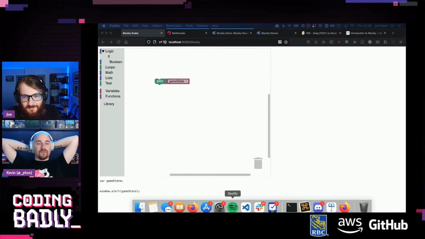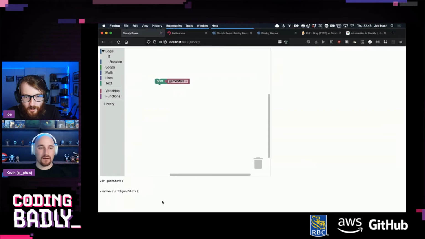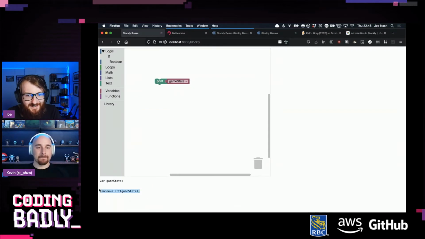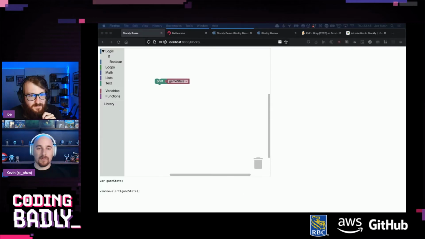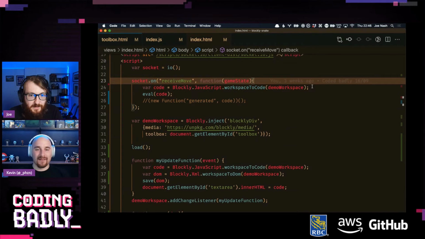JSON.stringify. JSON.stringify, yeah. That's not going to work because we're printing game state. Exactly. And it's also in here. It's window.alert in here. We can't JSON.stringify that. Anyway. Wait. We can JSON stringify it before this, though. So wherever we're getting game state into it initially. Oh, I see what you mean. Okay. I don't think this is the right call, but just to... No, this will let us test it.